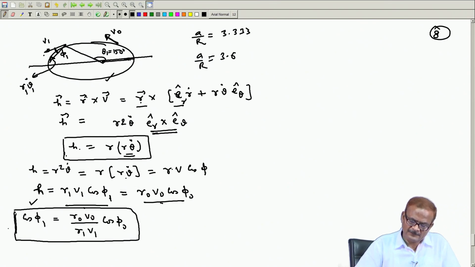Okay, so what will be the flight path angle in that place? This becomes known to us. Otherwise, you can use whatever equation I have developed earlier. The flight path angle equation can be written very easily from there, but you need to remember those equations. Without remembering anything, you can do the work. In a sequential manner, if you go, you will be able to do it.